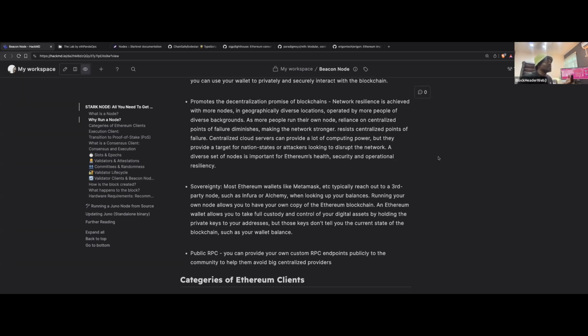I own the network. Anything I need in the network, I can actually retrieve that data. I can actually write to the data. Nobody controls anything concerning my access to the network, right? I hold my private key, and with that, I can actually send transactions directly. So basically, I don't need any third party, right? So that is the promise of sovereignty that running a node guarantees you, right? And again, public RPC, I can actually provide access. So what we do when we write our smart contract, when we want to integrate our front end,